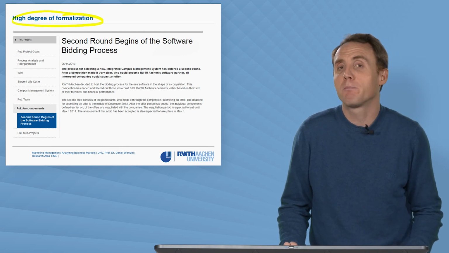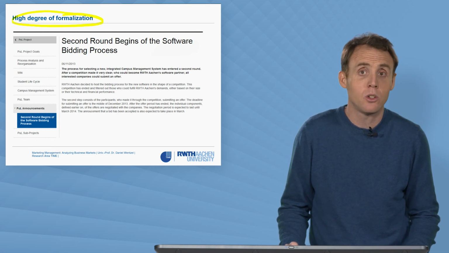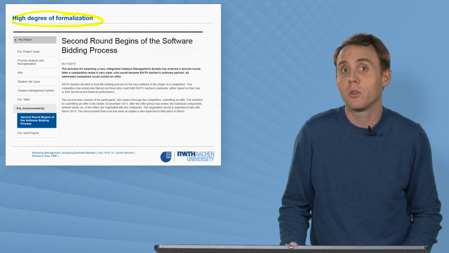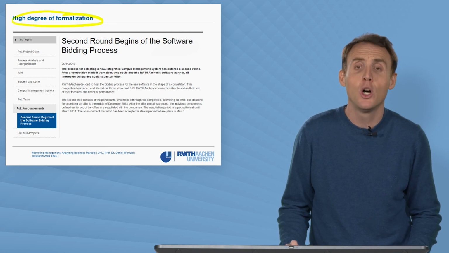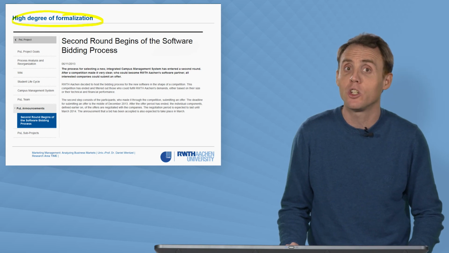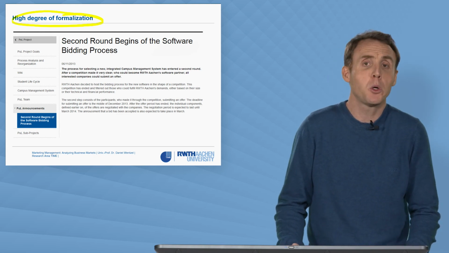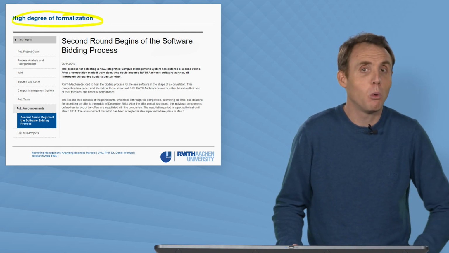It will spell out how many vendors or manufacturers you need to contact. What are the steps to adhere to? If you're asking companies to submit a proposal, what needs to go into the proposal? What are the criteria according to which you decide? If you're talking about public institutions like a university, this becomes even more complicated.